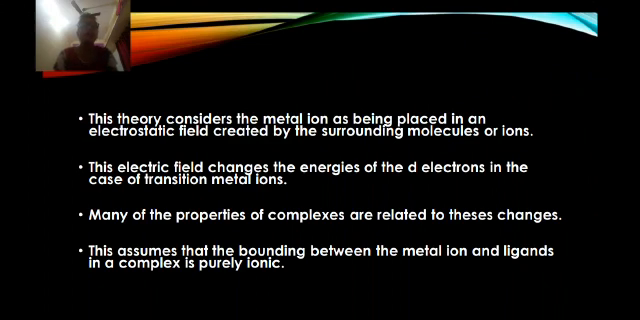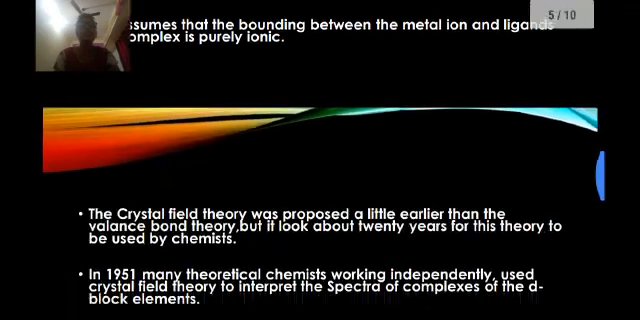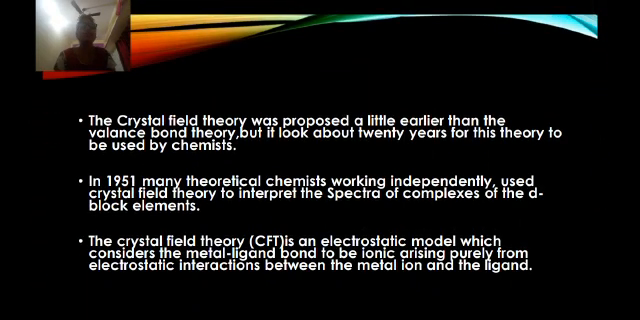The electric field changed the energies of the d electrons in the case of transition metal ions. Many of the properties of complexes are related to these changes. This assumes that the bonding between the metal ion and ligand in a complex is purely ionic. The crystal field theory was proposed a little earlier than valence bond theory, but it took about 20 years for this theory to be used by chemists. In 1951, many theoretical chemists working independently used crystal field theory in the spectra of complexes of the d block